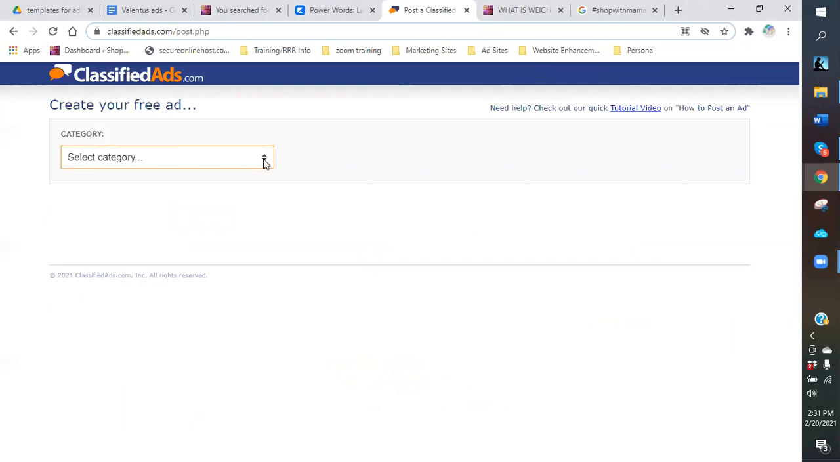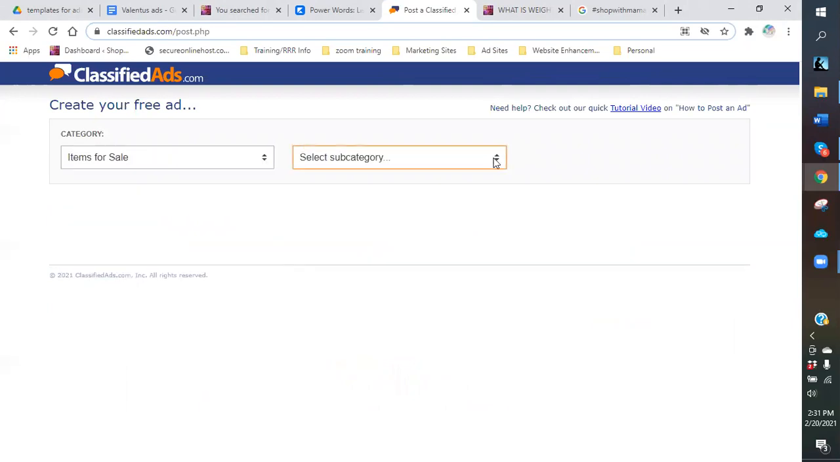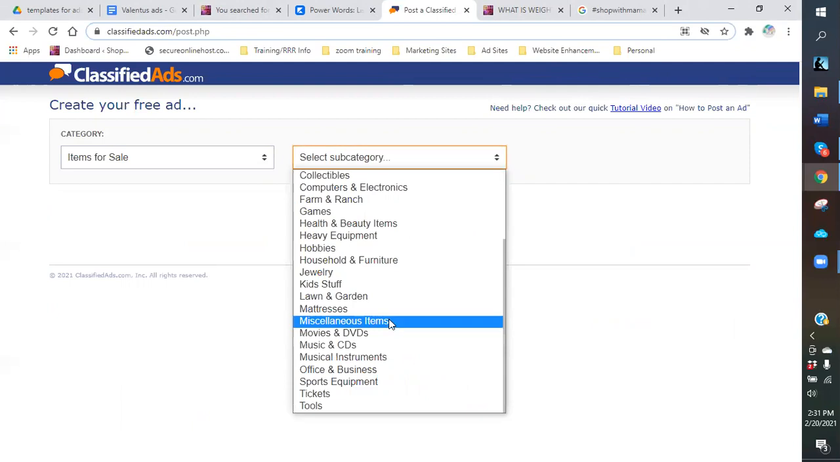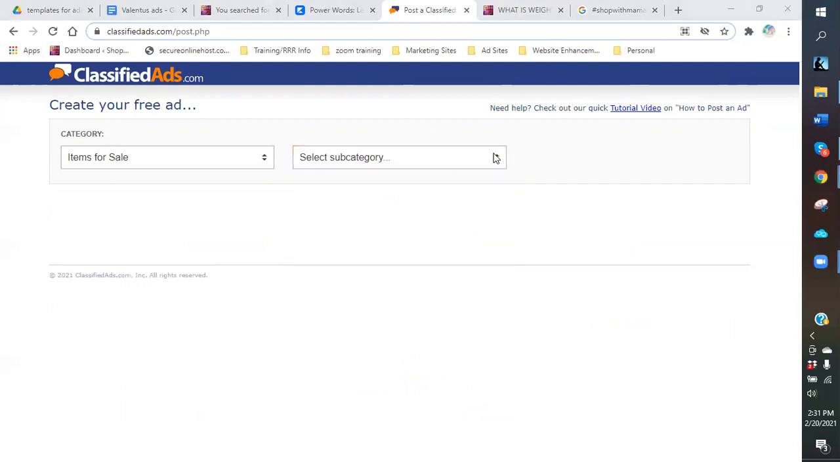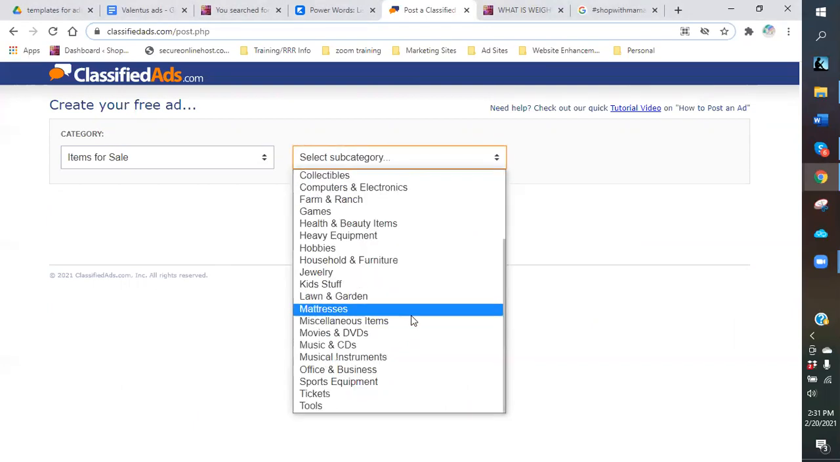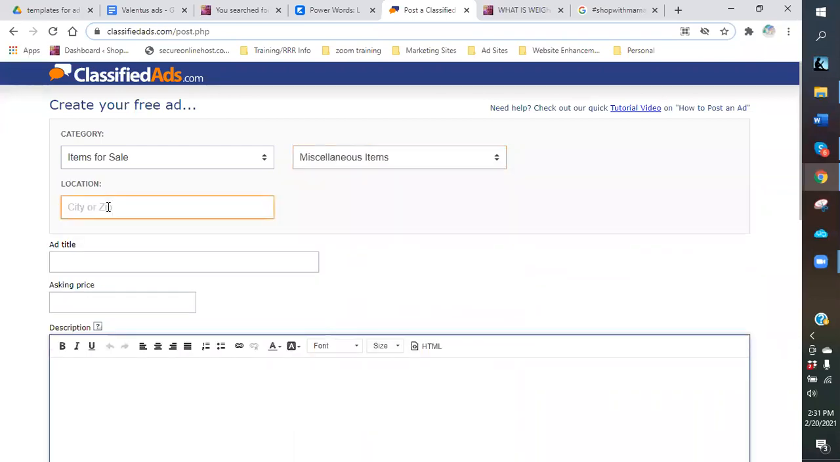Because this is one of the sites that you can't duplicate, I'm going to do items for sale. And I'm going to put it under miscellaneous items. You can actually put this under health and beauty. I usually don't, because then it gets a little bit specific, but you can do miscellaneous for just about anything. So I'm going to put miscellaneous. I'm going to change my ad location, and this time I'm actually going to do a city. So items for sale. Let's take,